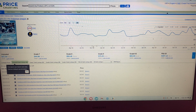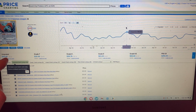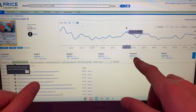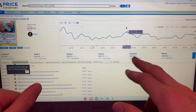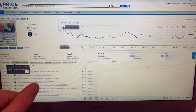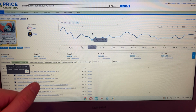$17.95. Number 4 of the honorable mentions goes to Salamanca. Nah, I'm kidding. I just finished watching Better Call Saul and Breaking Bad, so Salamanca is what I've been calling this dude. He's going for $30.85 with a PSA 10 price tag of $294 and a PSA 9.5 of $69. Again, 6 PSA 10s were sold in the past year alone, but it's over a $200 difference with a 0.5 grade. The most expensive this card was back in February of 21 at